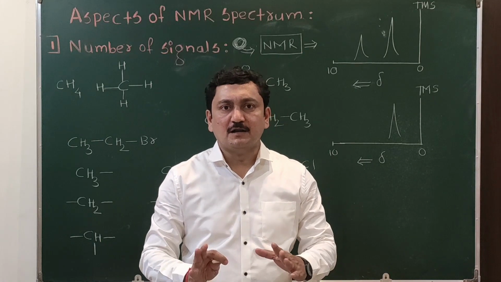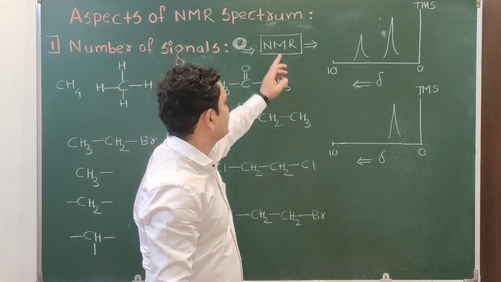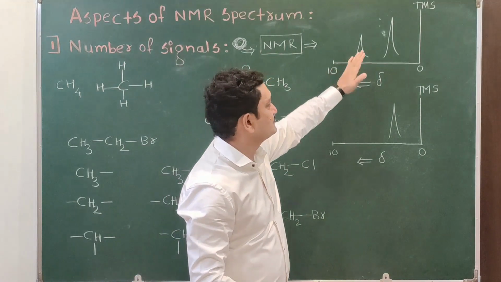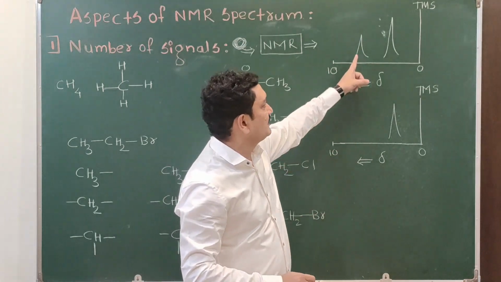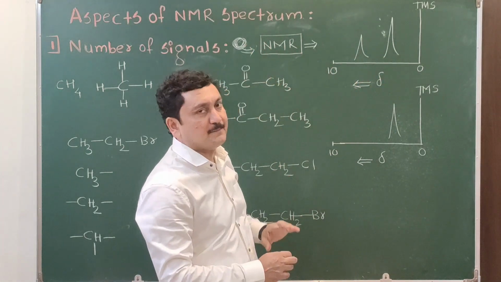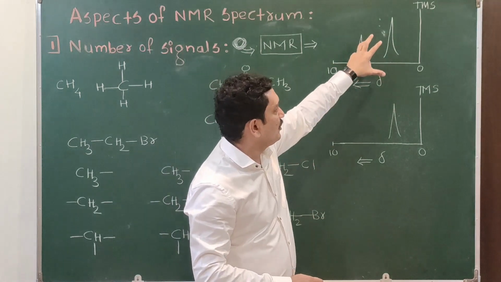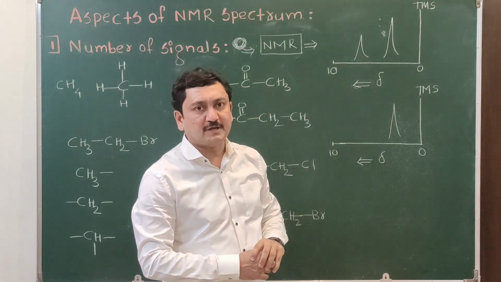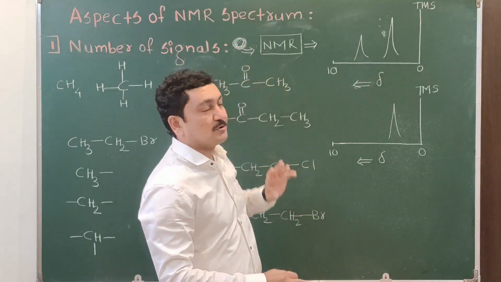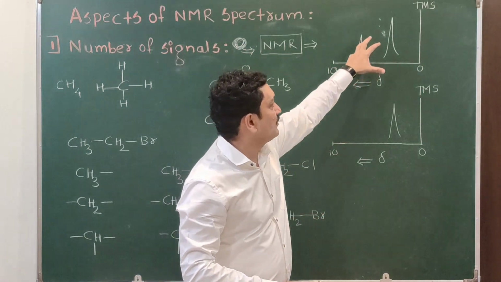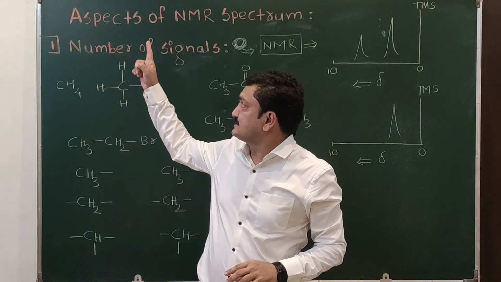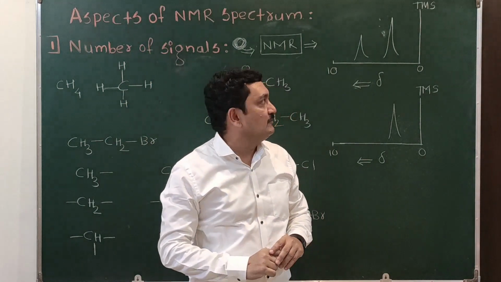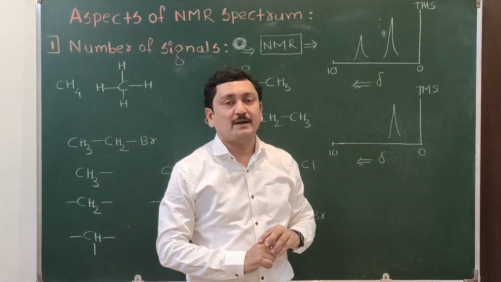If we pass an unknown compound in an NMR instrument, NMR will provide us a graph. It is called the spectra. It contains the signal of hydrogen of our unknown compound. If we collect the information regarding the environment of hydrogen, then we can predict the structure of the compound. But how will the information be collected from the spectra? There are aspects, the 4 points. They will give the information regarding the environment of hydrogen.